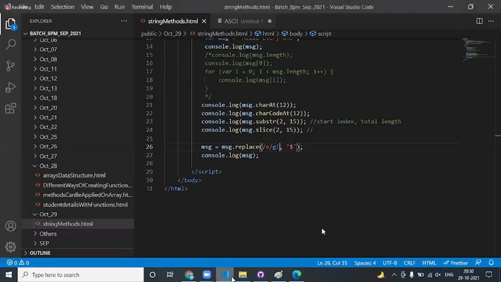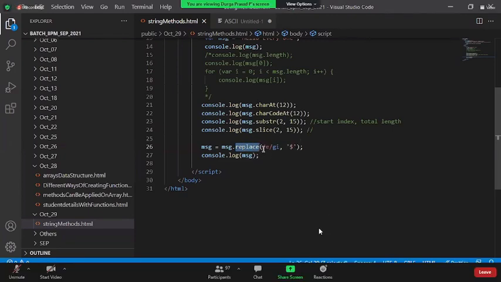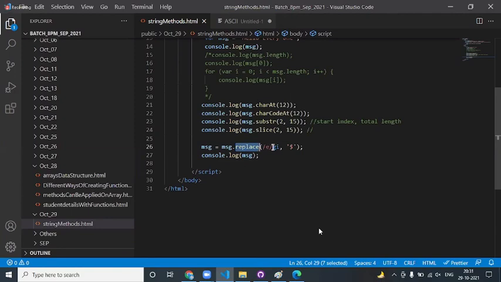Am I clear here? Can you repeat the replace method? I did not get it, sir. Replace, the name itself specifies that if you want to identify something within the string and replace those characters with something else, anything, strings, symbols, spaces, whatever you want, you can simply make use of replace. So whenever you say slash slash, whatever character you give under this will be replaced with dollar. That is what we have told.